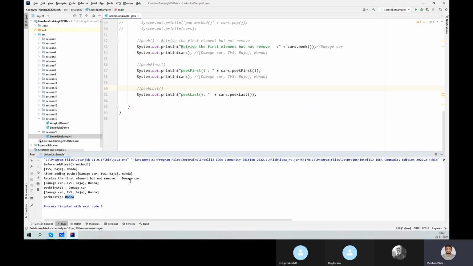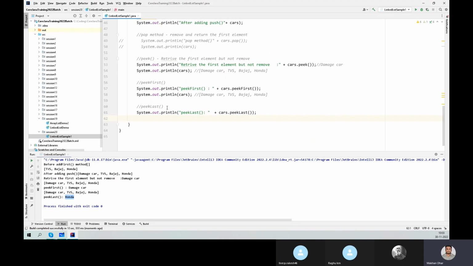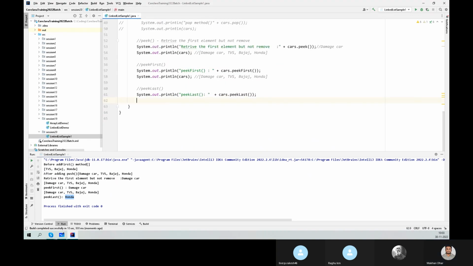So the peek class is Honda, because Honda is our last one, right? Fourth position. Third position: 0, 1, 2, 3. Okay. So these are the methods we especially use in linked list, for stack operations and all. Now how to